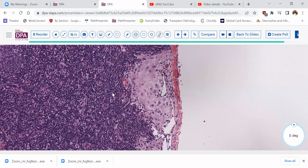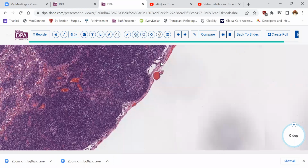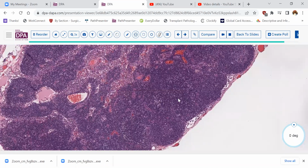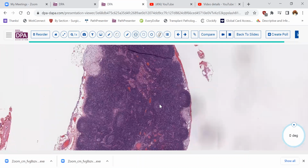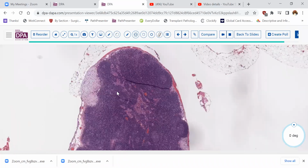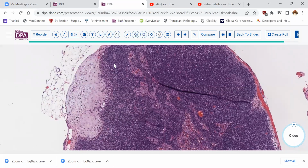Now, in my circumstance, fortunately, before evaluating the lymph nodes, I had looked at the cervix and at the endometrium. And in fact, this patient had a very pronounced endometrial decidual reaction. They didn't resect the ovaries, so I don't know completely if it was a physiologic stage of her cycle, although I think it was. And so these little foci in the lymph node look exactly like the finding that we had in the endometrium. This is what we would term deciduosis,